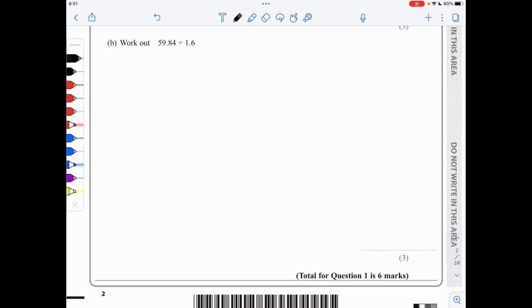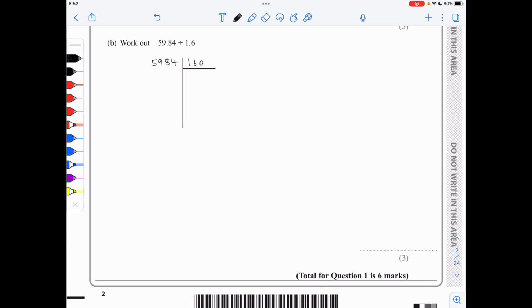In B, we need to work out 59.84 divided by 1.6. And I will start by writing this as 5,984 divided by 160, so that I'm dealing only with integers. So I have multiplied both by 100. Now, 160 into